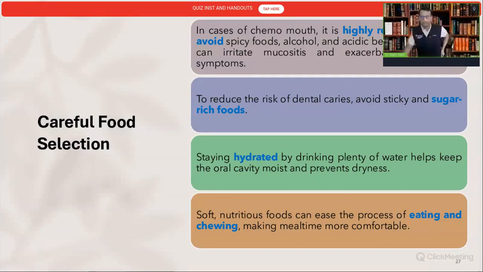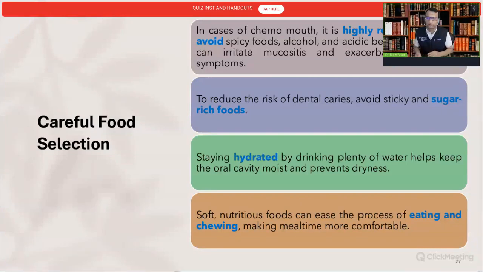Another careful aspect is to avoid any spicy food. Definitely, as we know, spices and chilies will increase the irritation to the oral mucosa. So the goal here is to keep the oral mucosa as calm as possible, as gentle as possible, and we do not have to irritate the healing mucosa, because in order to have a proper healing, you want to supplement